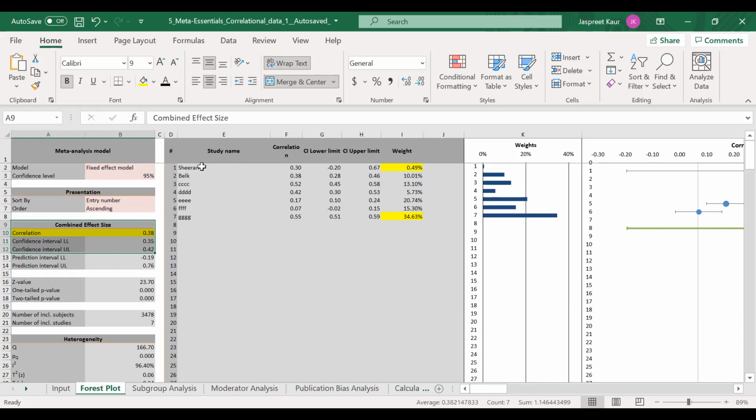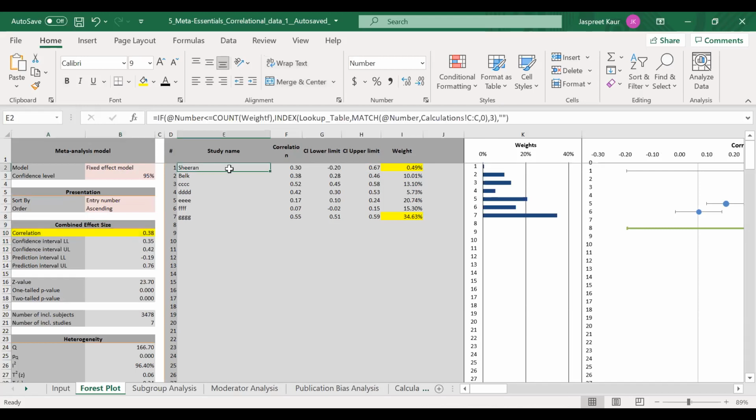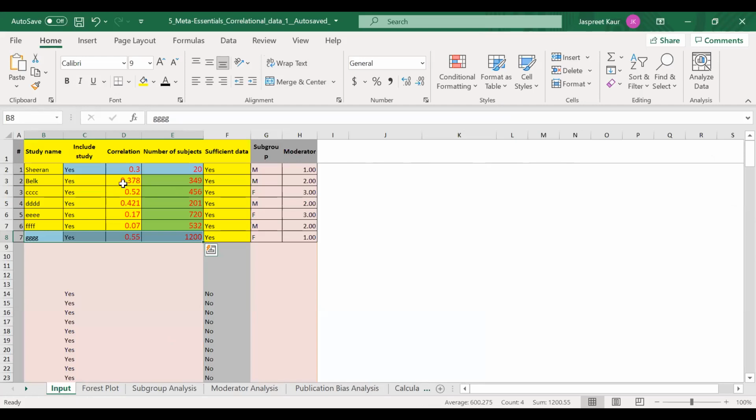The software calculates mathematically, and I've shown you the formulas also. It actually calculates the upper limit and lower limit of each study on the basis of what? What were the two inputs that we had given it? Correlation and sample size. All calculations till the last sheet that you see, the input will be nothing else but the correlation and the sample size. That is all I've given to the software. The rest it has done itself. Right? So those are the concepts of the forest plot.